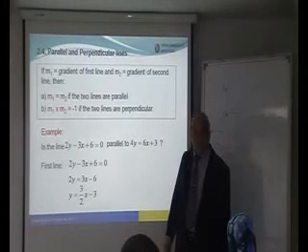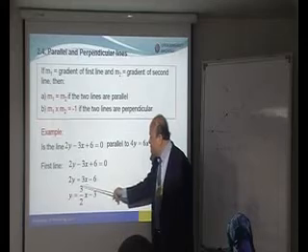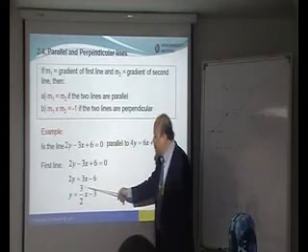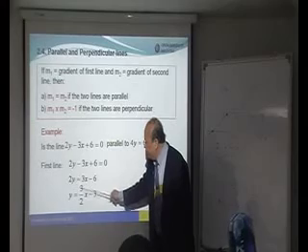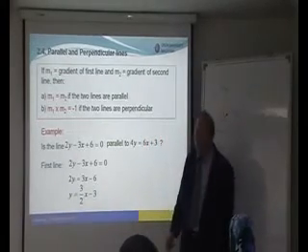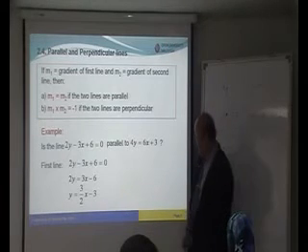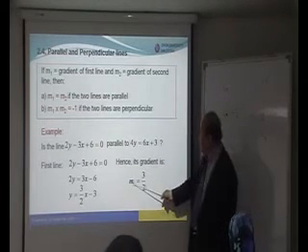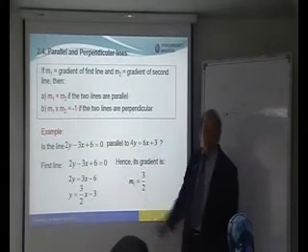Correct? So from here, shift the 2 over to the other side. So 2 times, you shift to the other side, it becomes divided by. So you have 3 divided by 2. So 3 over 2 x, and 6 divided by 2, you get negative 3. So from here, what is the value of m1? 3 over 2. So the gradient m1 is 3 over 2. Understand? So we have found m1.